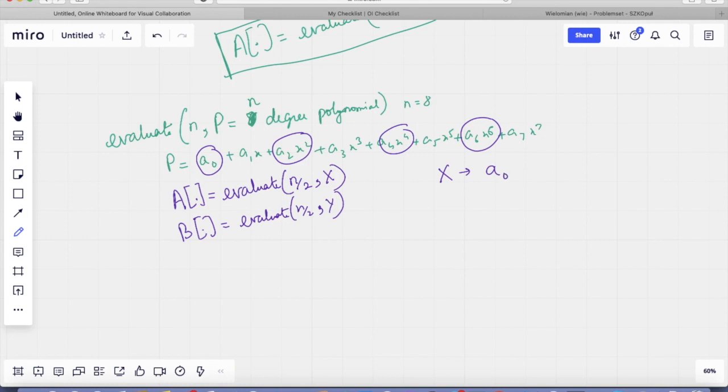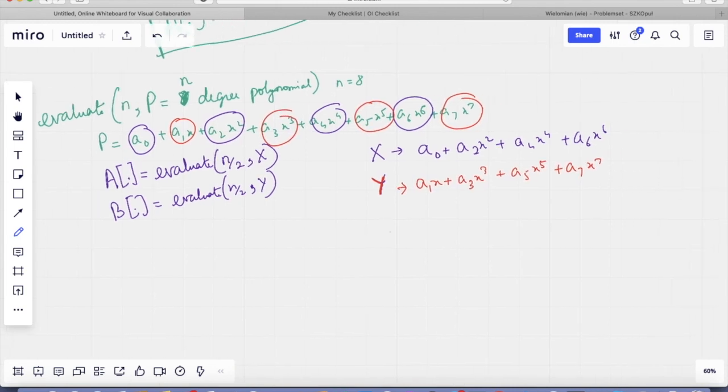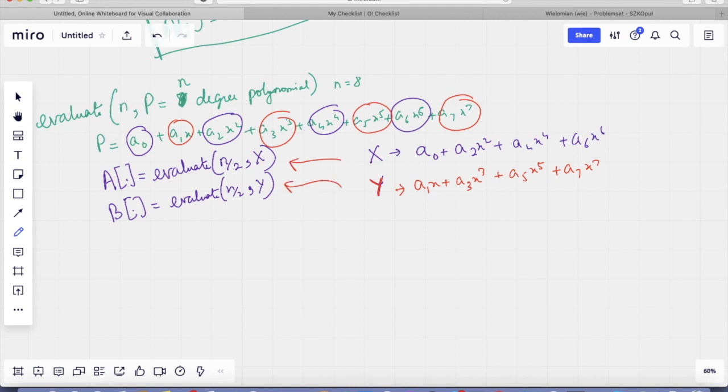So let me write it as a0, and the polynomial y we will write using the odd power terms. Why do we do this? Well, here is kind of the intuition. When we are writing p of x, we are essentially maintaining a vector of the coefficients. So instead of imagining it with the x components as well, just consider it like this: a0, a1, a2, so on till a7.